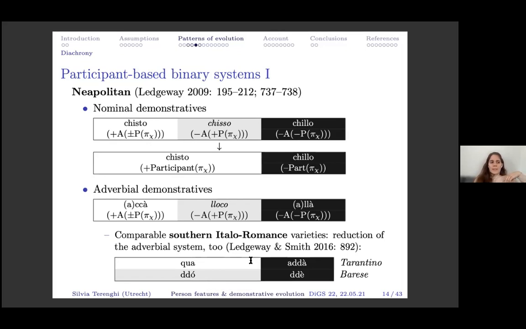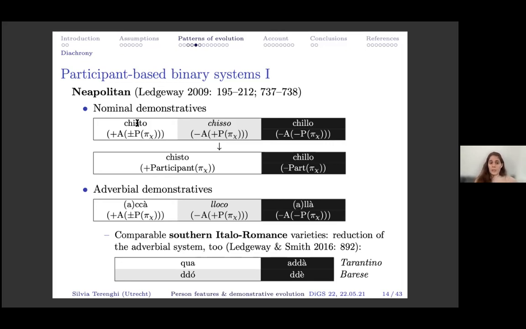In fact, in these cases, the original ternary paradigm showed a slightly different semantics than what we've seen: near me, near you, far from us. And this has been highlighted, for instance, by Ledgeway in his studies on the diachrony of the Neapolitan demonstrative system. So concretely, the speaker-oriented term, here chisto, could be used both to refer to the speaker only, but also, as Ledgeway says, in an inclusive way, to jointly refer to both